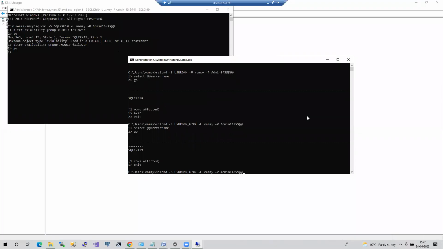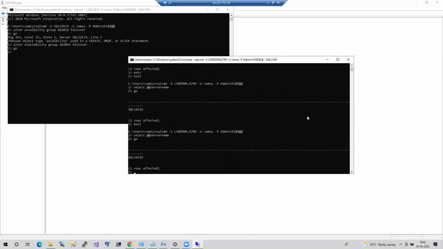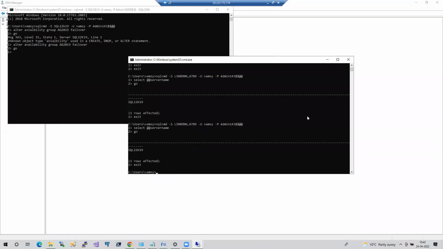Exit. Use with port and see where it goes. It has to go to node 2 now. See, it went to node 2 as expected. Let me fire this without